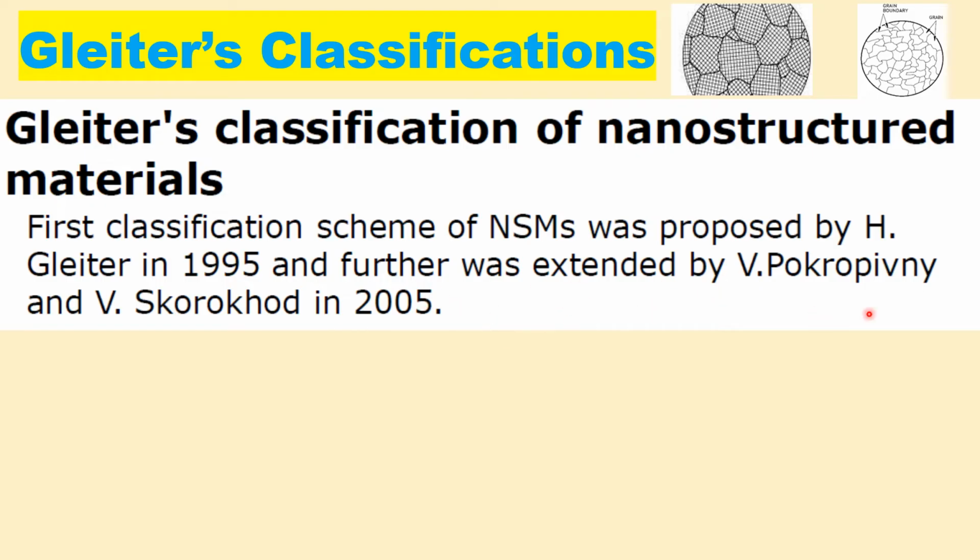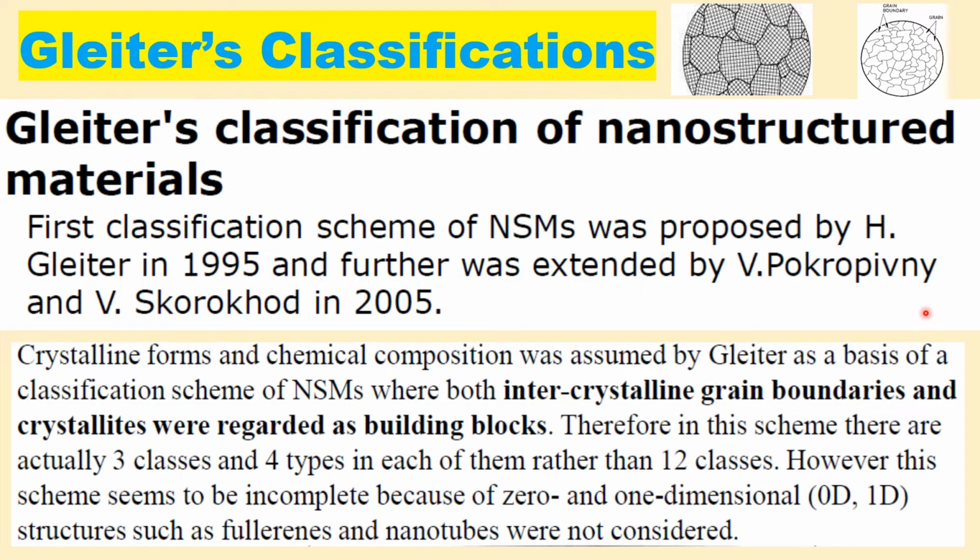and it was further extended by other scientists in 2005, like Pokropivny and Skorokhod. So it was extended later. Basically, Gleiter classified according to their composition and arrangement. They were classified into 12 classes,